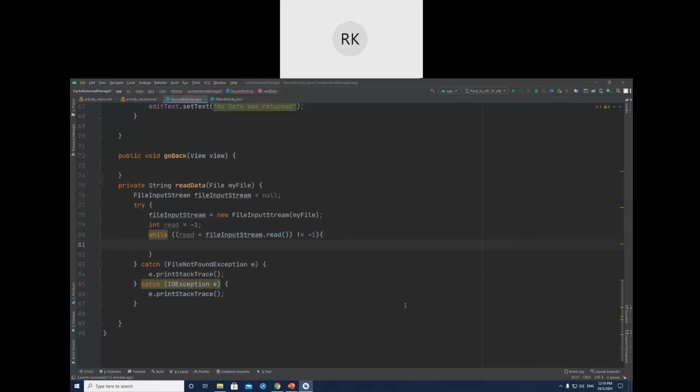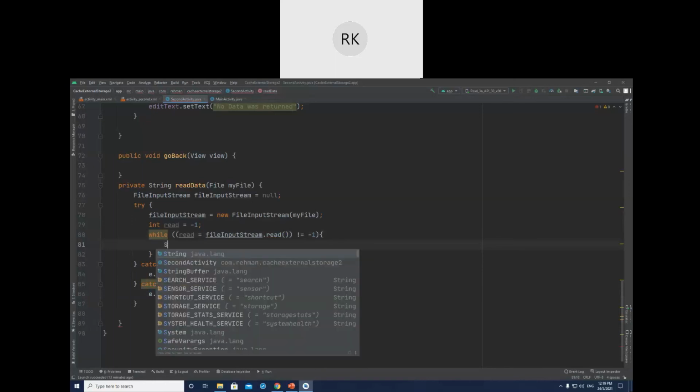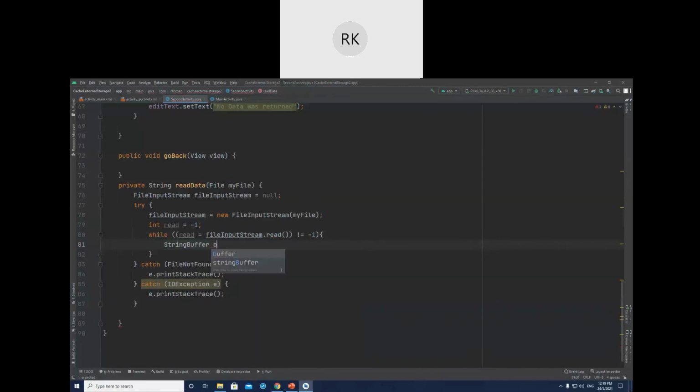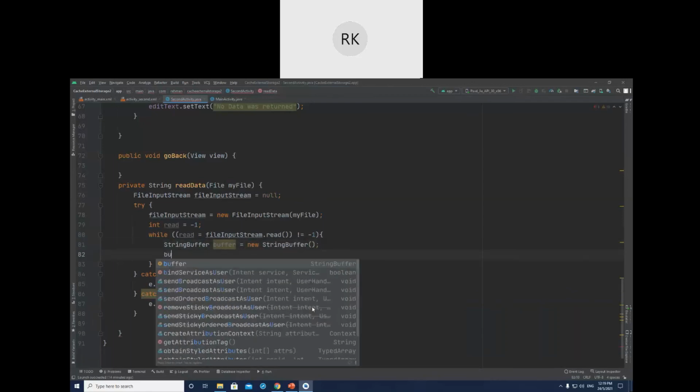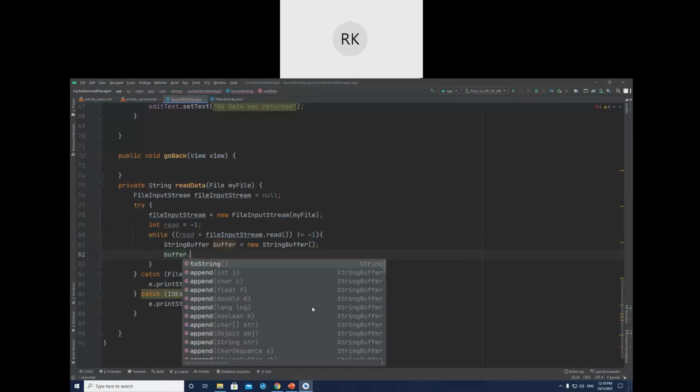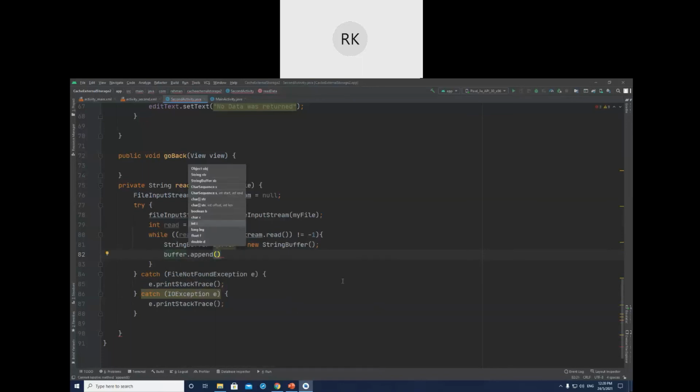We should create a StringBuffer variable to store all these characters, equal to new StringBuffer. And then buffer dot append. But the reading is in the form of bytes, so we will change the bytes to characters.